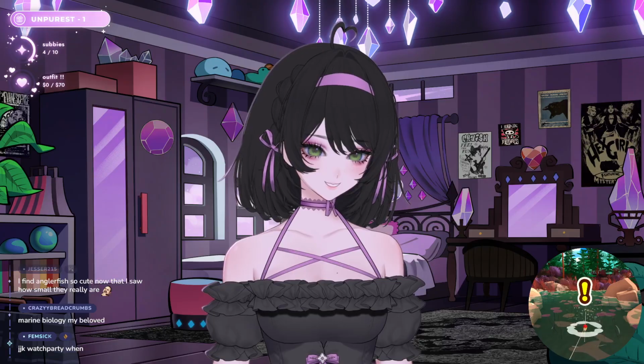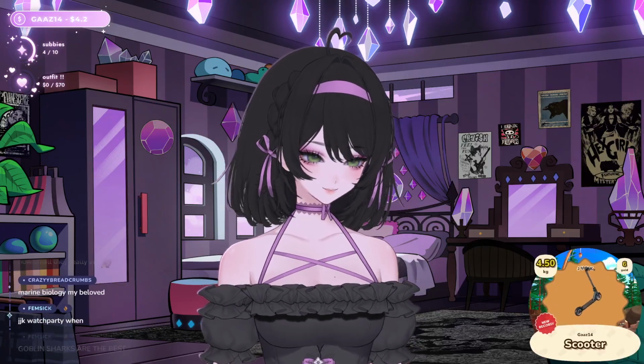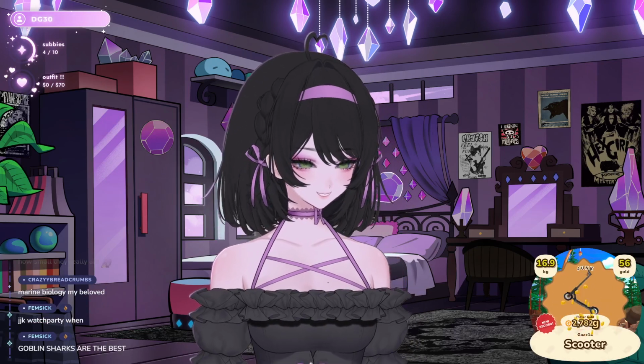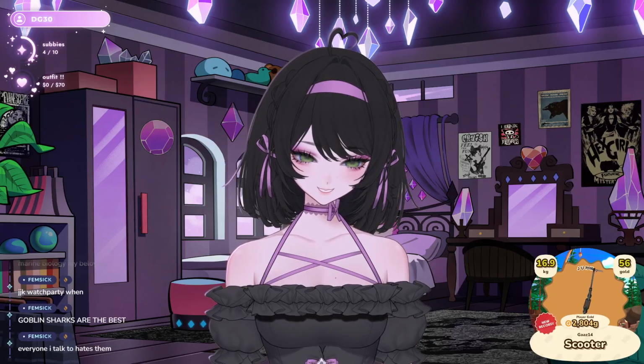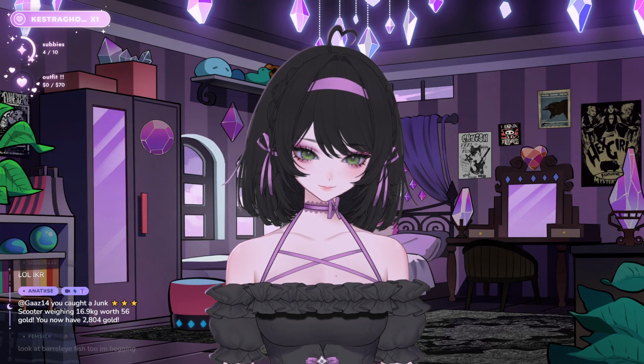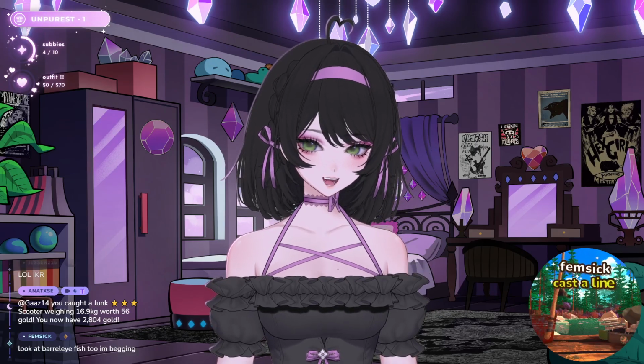I'm like, you look so scary, but you're so tiny. Like, you have no business being that edgy. I love anglerfish. Marine biology, my beloved. Same.